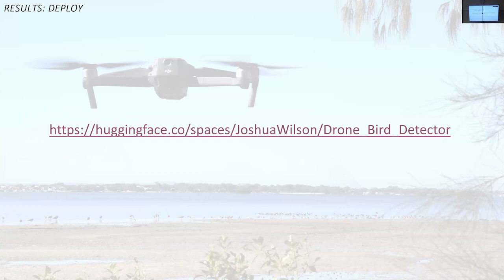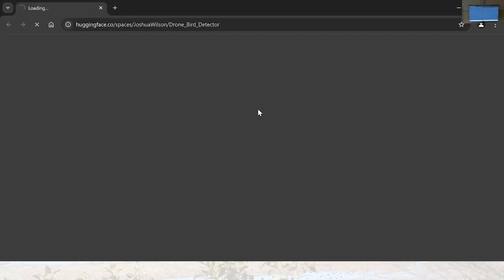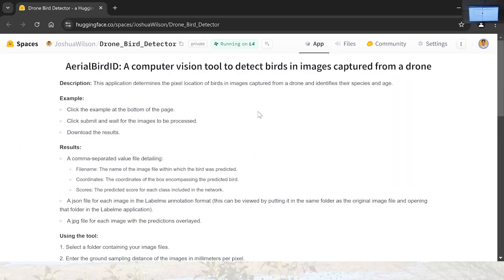Okay, so then we went into deployment. So I'm going to try and use this model now. I've put it onto a web application. I've embedded it into the application. It's free to use. At the moment, it's private because the paper is still under revision. But once that paper comes out, this will be publicly accessible and free.